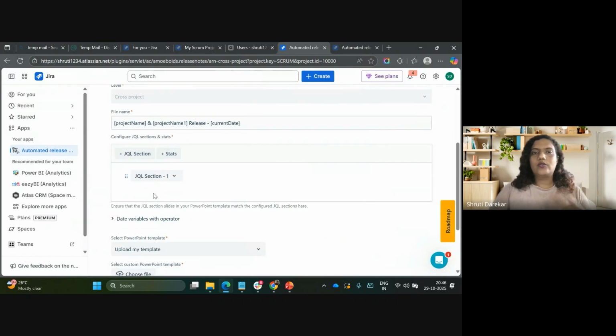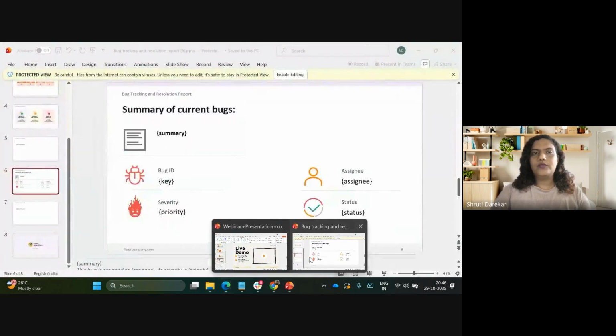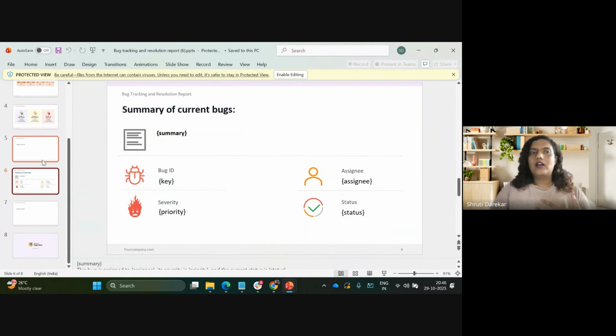Okay. So once your JQL here is done, what you need to do is go back to your PPT. You can directly download these PPTs. That is the best way. But even if you're creating these templates from scratch, you need to tell ARNR where exactly your JQL is starting and ending.